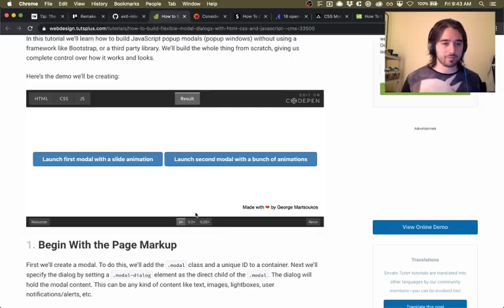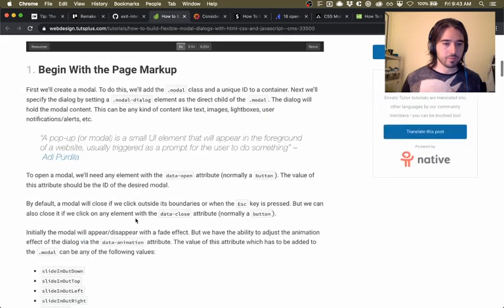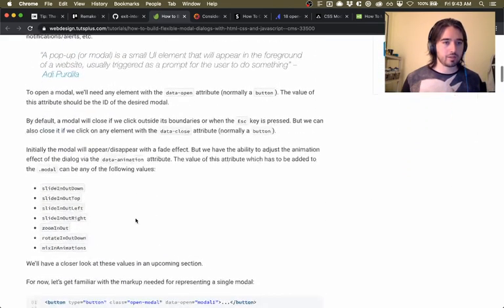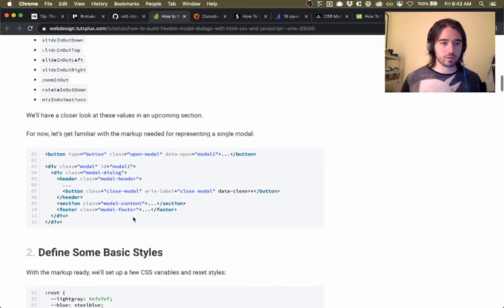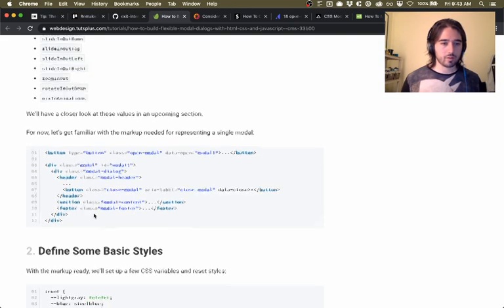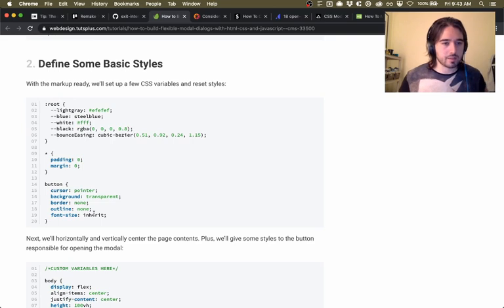So let's see. Begin with the page markup. Okay, sure. We have modal. Define some basic styles. This looks good because they're using,